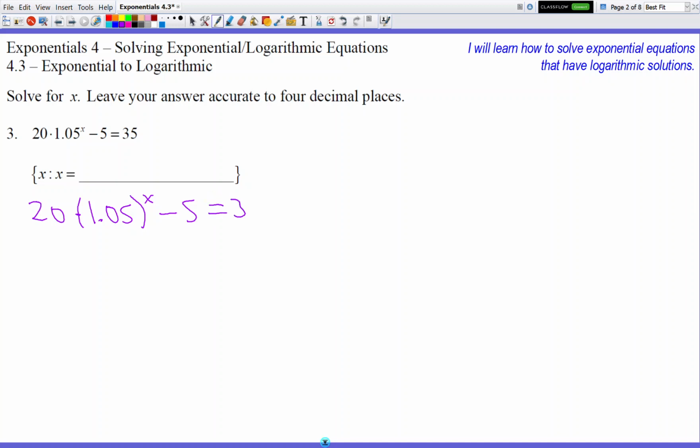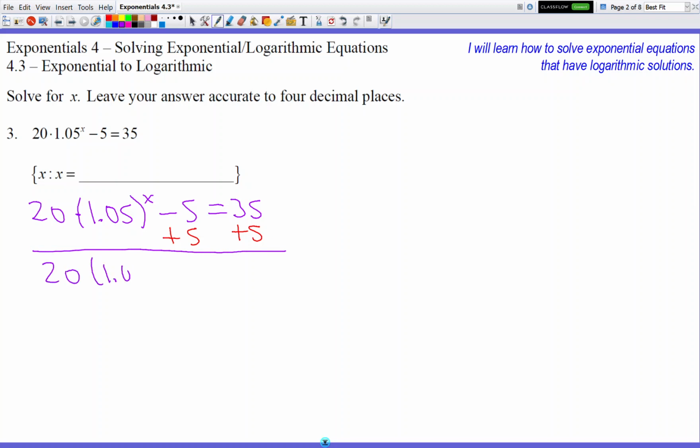So I'm gonna do things that are very familiar looking, right? So I'm gonna say to myself, do I divide by 20 first, or do I add 5 first? And I want to make sure I get the parentheses with the power of x all by itself, so I can make it look like problems 1 and 2. So hopefully you responded with add 5 first, so I can make the negative 5 go away. So add 5 both sides. Then I get 20